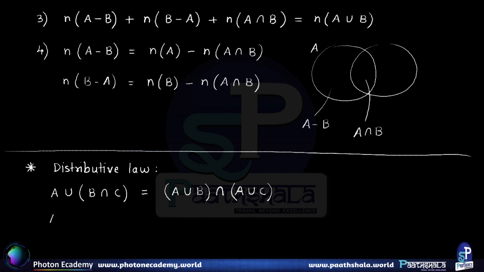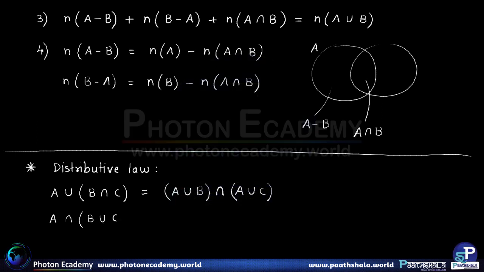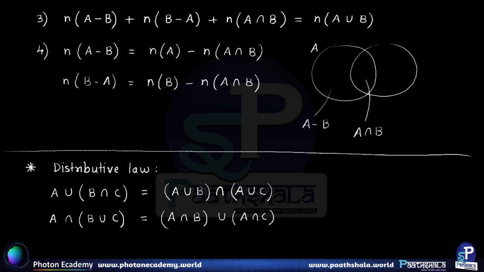Now similarly the result will apply if we exchange union with intersection. So if we have A intersection, into bracket, B union C, that turns out to be A intersection B union A intersection C. So in this way we have what is called the distributive law. Now let's go ahead